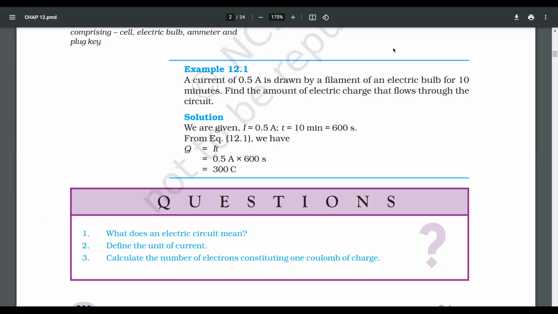For your doubt, Sarfaraz, yes, we always have to convert minutes to seconds unless stated otherwise in the question. So if in the question it says give the answer in minutes, then you don't have to convert it. But if it is not given in the question, you will always have to convert time from minutes to seconds. It's because, like I said, seconds is the SI unit. You always have to convert to seconds. Same way you always have to convert charge to coulombs, and you always have to convert